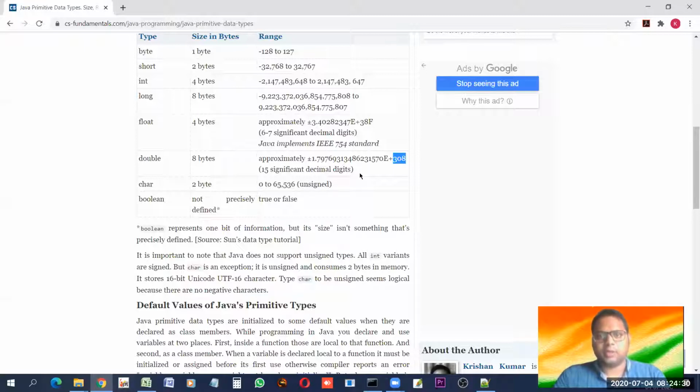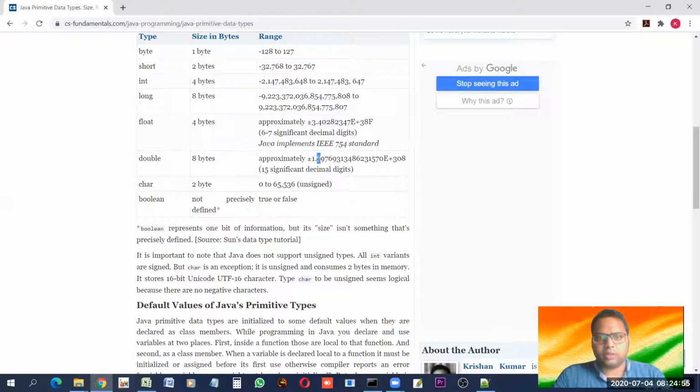But one more point I'd like to tell you here is, look, after the decimal point, how many digits are there? Let me count: 1, 2, 3, 4, 5, 6, 7, 8. After the decimal point in float data type, we have 8 decimal digits.